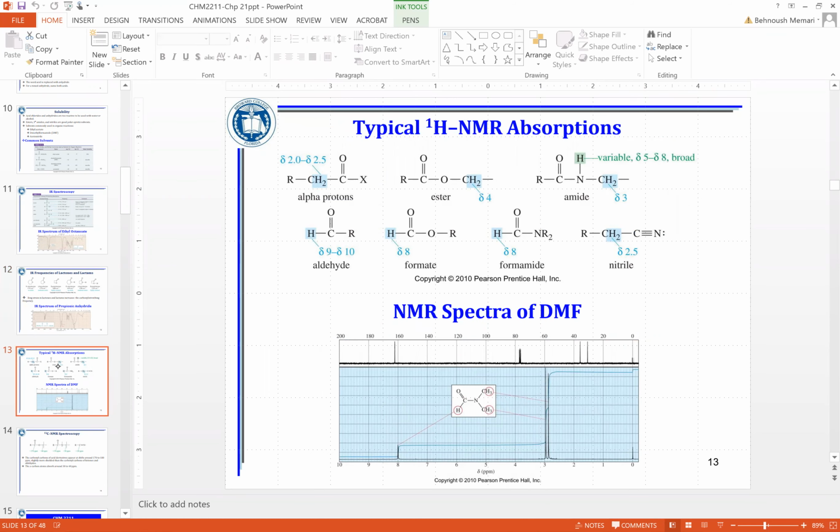So the ring strain is increasing the frequency for the CO double bond. Proton NMR absorption for the alpha hydrogen, which is the hydrogen on the alpha carbon. And the alpha carbon is the carbon adjacent to the CO double bond. That is going to be increased. If you have a carboxylic acid, it's going to happen between 10 and 12. And if you have any electron withdrawing group attached to the carbon,